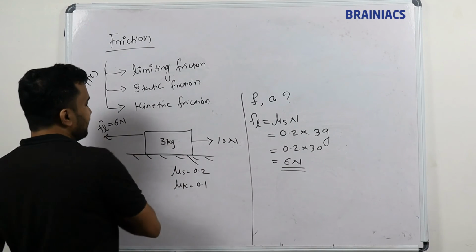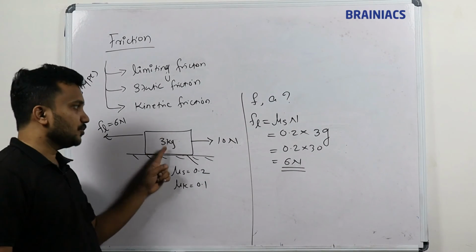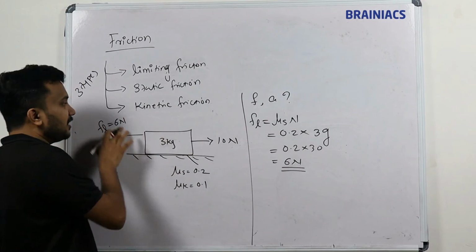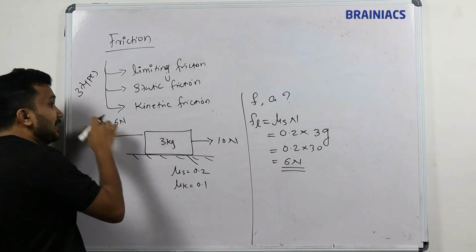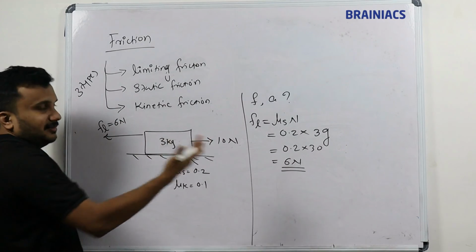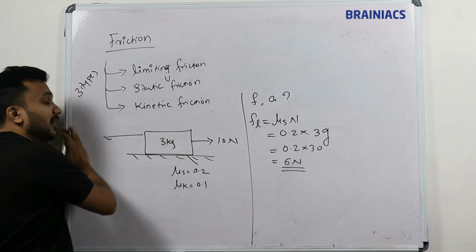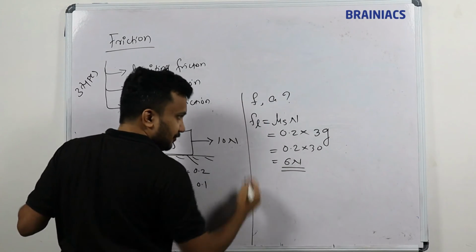So I just decided the limiting friction. I know that because of this frictional force, the block can easily move. Now, based on the present condition, 6 Newton will be there, 10 Newton will be there. So my limiting friction, the maximum frictional force the surface can afford, is 6 Newton, but the 6 Newton is not acting here. Why? Because the block has already started to move. So this is not the frictional force that will be here.